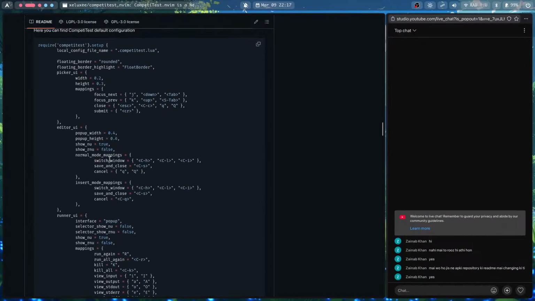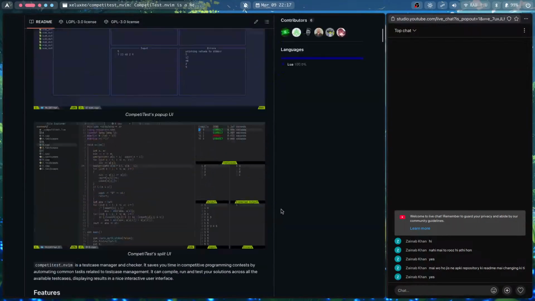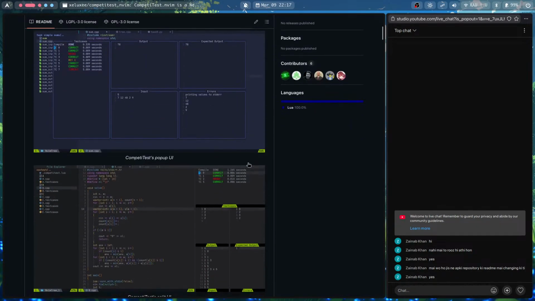They have a key for pop-up, and yeah, this is this one. If you turn this into the split, it will show the split layout. But I don't want to limit the user to just these two UIs. I want the user to create any kind of UI